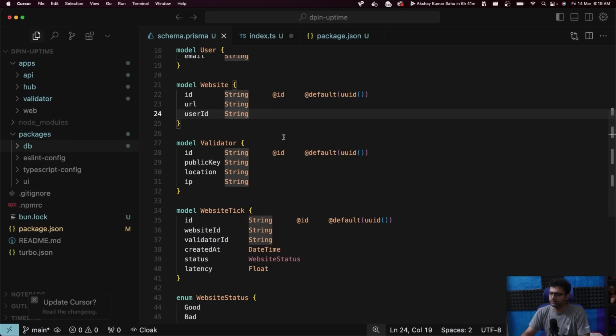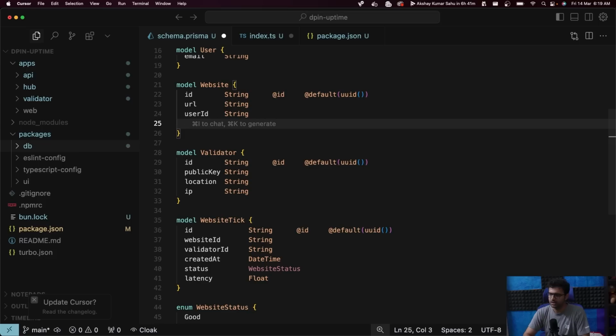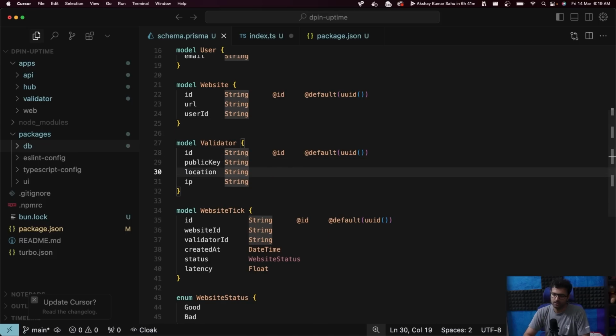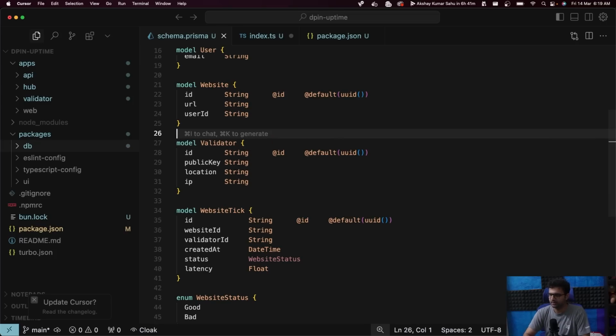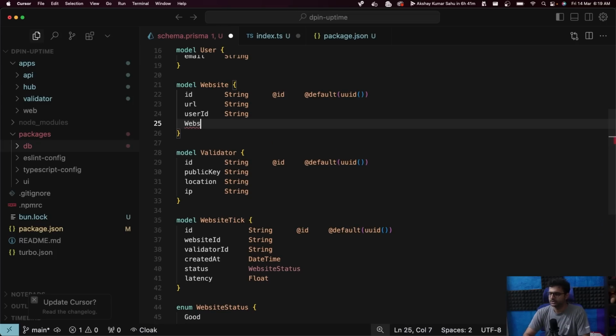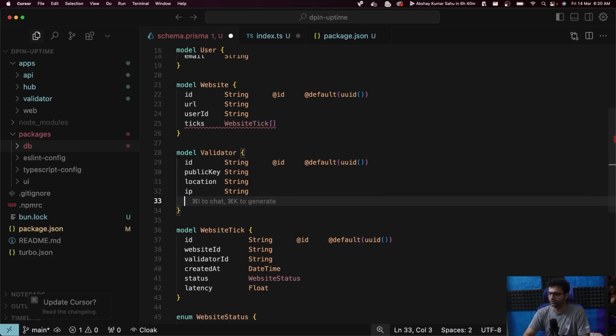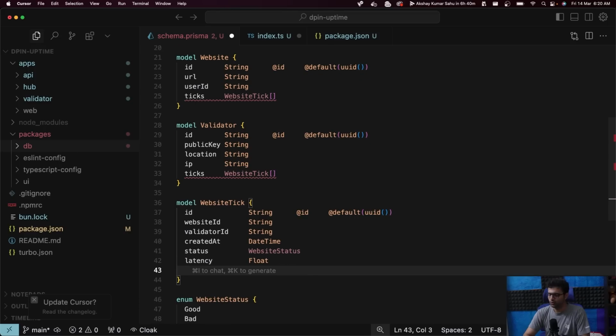So the website will have multiple ticks, correct? So website ticks is going to be a WebsiteTick array, and a validator will have multiple ticks as well. So ticks WebsiteTick, and we'll have two references here. So one for website